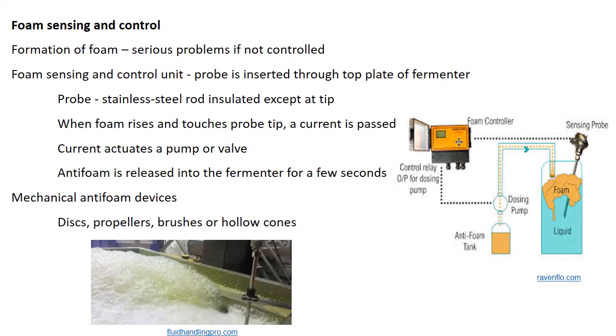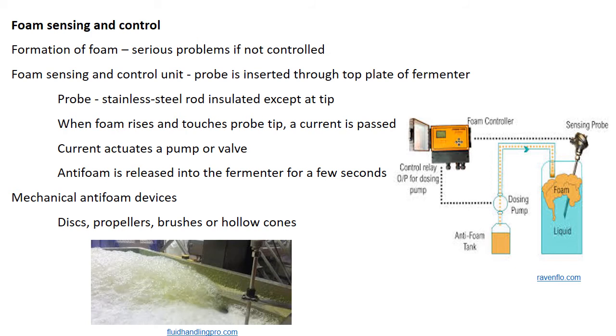The next important parameter to be controlled during fermentation is foaming. We need to sense and control foaming, since the formation of foam is a difficult problem in many types of fermentation, and it creates serious problems such as contamination, loss of product, etc. Generally, an anti-foaming agent can be added to a fermenter when a culture starts to foam. For that, we need to sense the foaming.